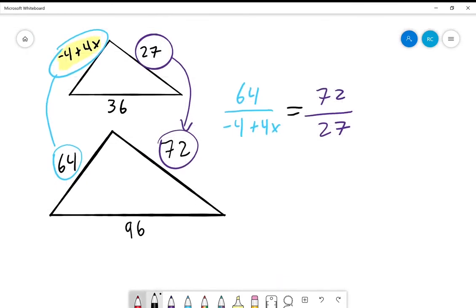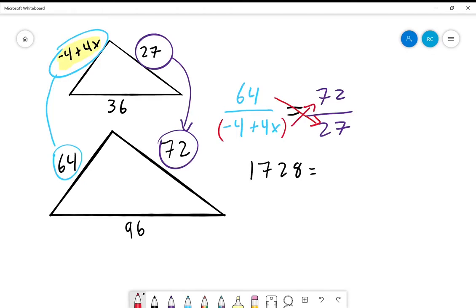Now I'm going to do this cross multiplication algebra one more time, and I will try to really space out my steps so that you can see every one individually. Okay? So we're going to start this way. It doesn't matter whether you start from the top or start from the bottom. 64 times 27. All right, well, I'm going to use the calculator. 64 times 27, I got 1,728. And that's going to be equal to,